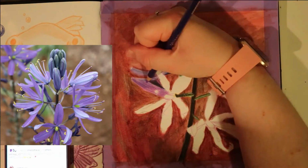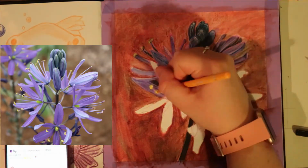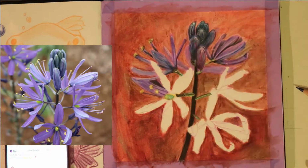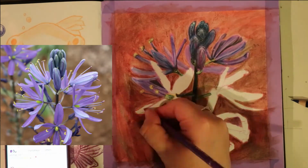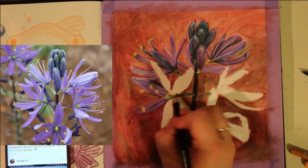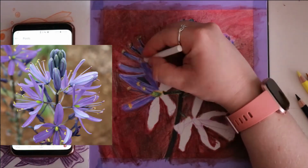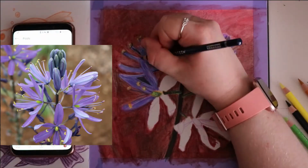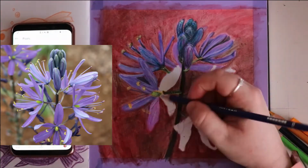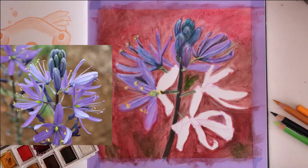than the other petals. That brings me to the other important step that I would suggest, is to definitely make sure that you've got all the colours that you see in the image, not just look at it and think, oh, they're all purple. Look for the blues, the greens, the yellows, the browns. There's so many other tones to it, and that's what's going to differentiate your petals. Admittedly, mine don't necessarily look the most separate from each other. I probably didn't get as much depth as I would have liked to, but it's semi-realistic, so I'm quite pleased